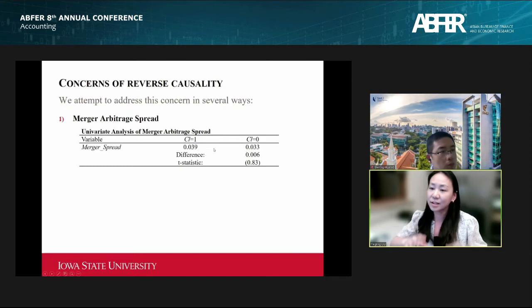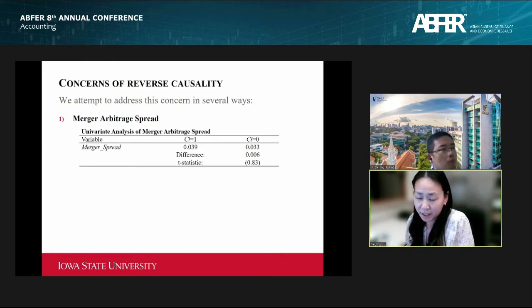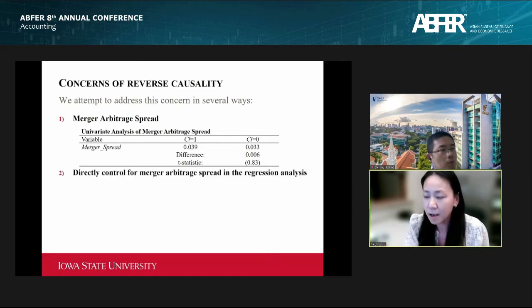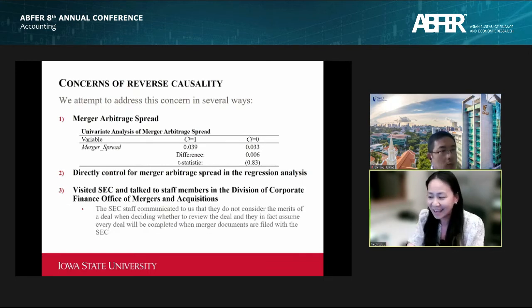Ex ante, the group that later gets comment letters from the SEC and the group that later does not get comment letters from the SEC have extremely similar merger arbitrage spreads, indicating that, at least to sophisticated investors, they have an equal probability of being completed. The second approach, we just directly control for merger arbitrage spread in the regression, and our results are not affected at all. And the third approach, as I said, we didn't do any machine learning or fancy technology,